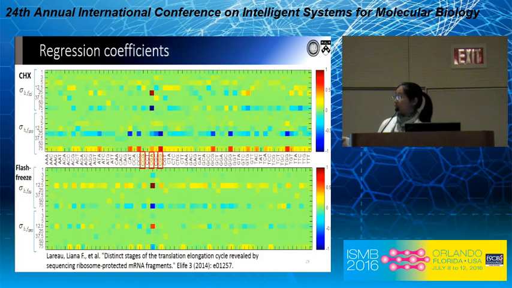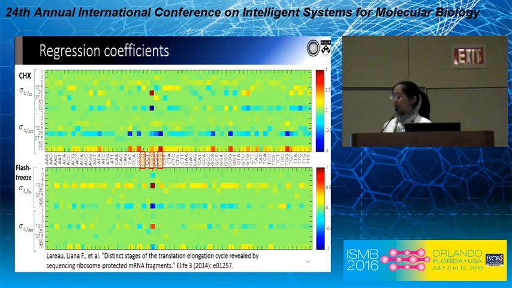CGA is heavily selected in both cycloheximide and flash freeze, and CGG is as well, in both. We confirm these are some of the slowest codons translating